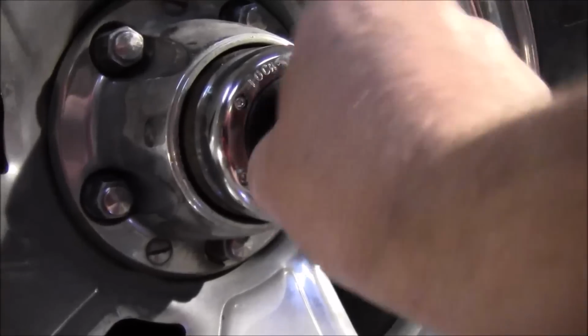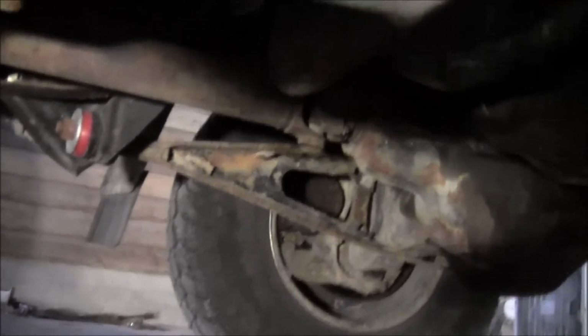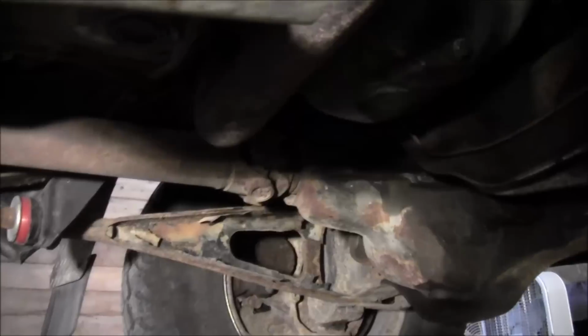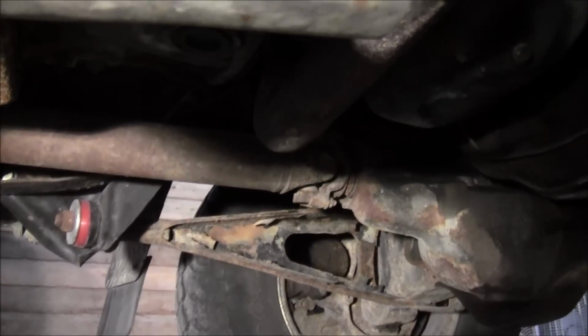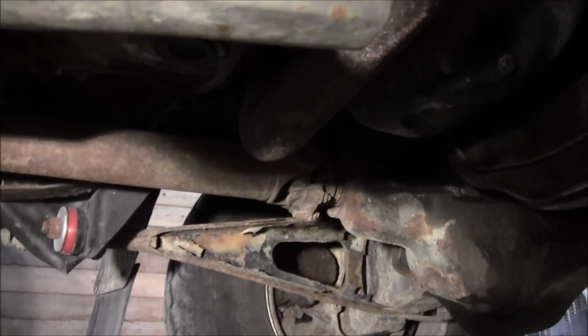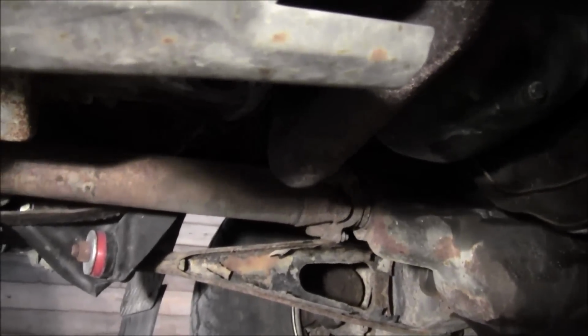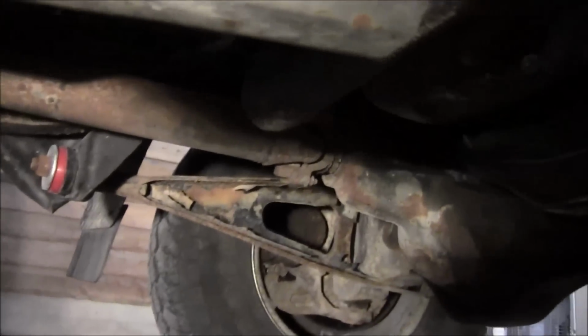Okay, lock that in, and it takes almost a full turn to lock it in. So now it's locked in. Now, when you go to turn the tire, where's the drive shaft at? Okay, there it is. Now, it's turning the drive shaft. So when you engage it into four-wheel drive inside the truck, it'll be in four-wheel drive. Now the other side is still free spinning, of course, because I haven't put that hub in yet. And then to disengage it, you just come out here, unlock it, like that. If you watch the drive shaft again,